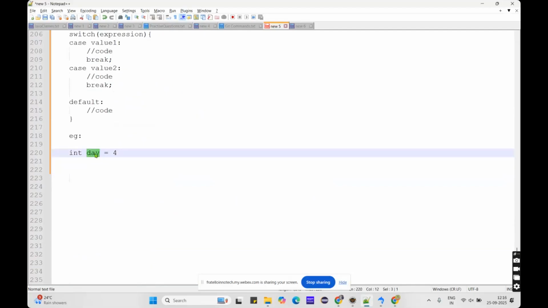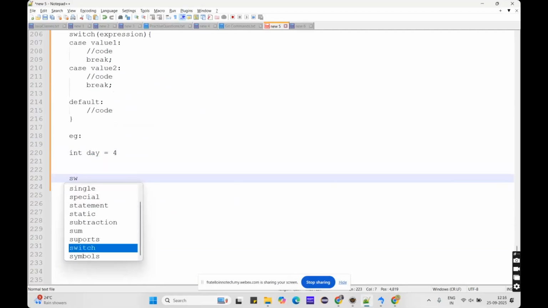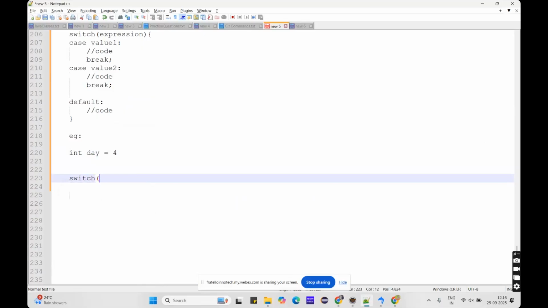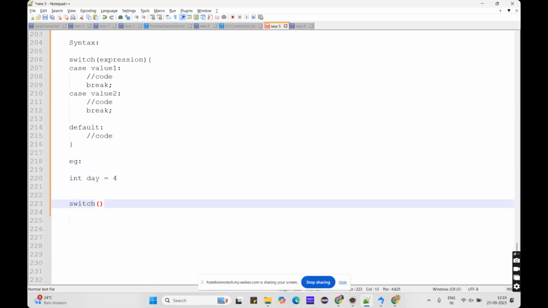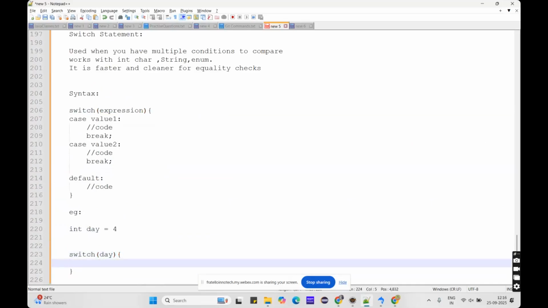So here I have my day. In the expression, first you need to check the switch. The expression is nothing but the day. Whatever you want to send to the switch statement, you need to send it to the switch statement. Now inside the